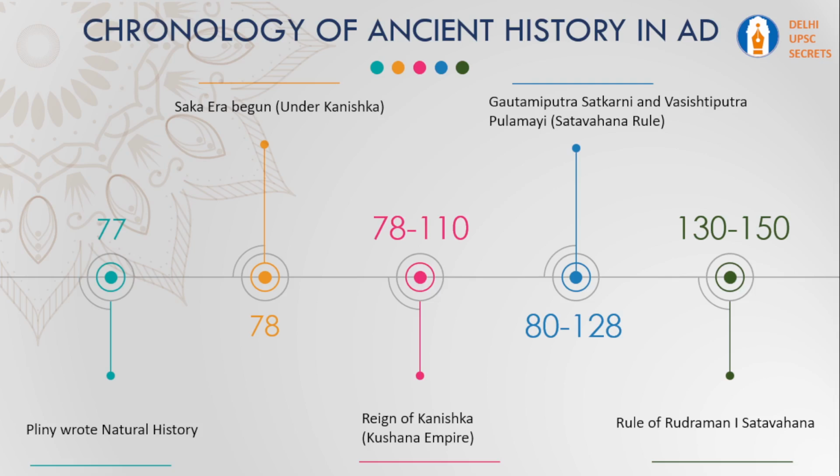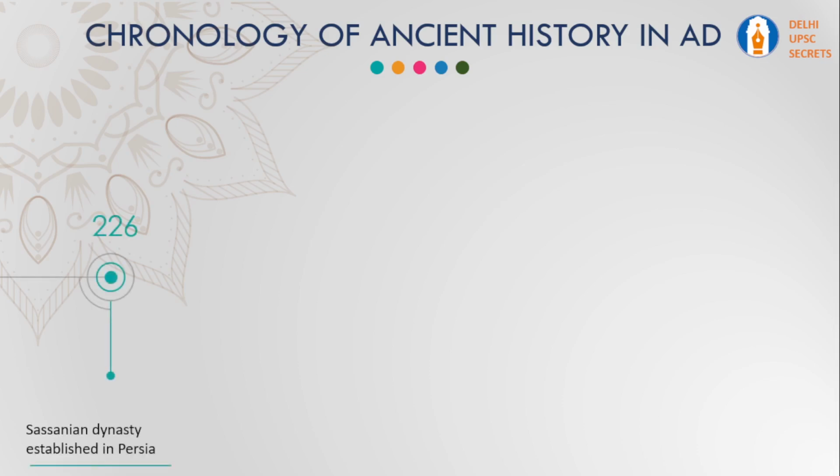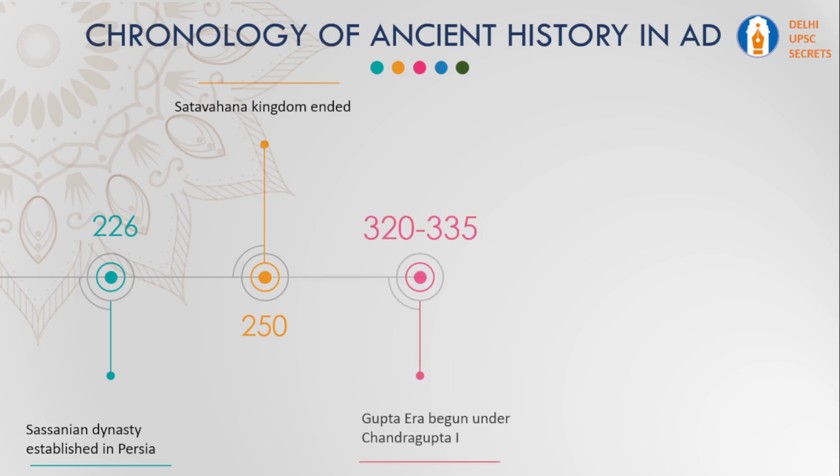130 AD to 150 AD is the rule of Rudradaman I of the Shatavahanas, and 226 AD is when the Sasanian dynasty was established in Persia. Then the Satavahana kingdom ended around 250 AD. The decline of the Kushanas also happens, and now it marks the beginning of the rise of the Gupta dynasty in northern India, okay, with